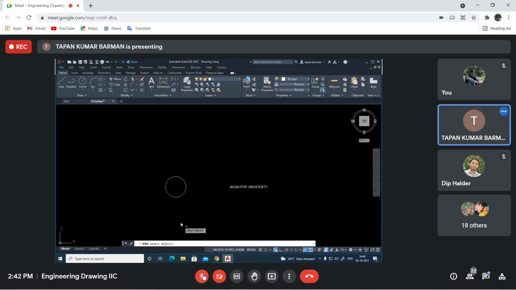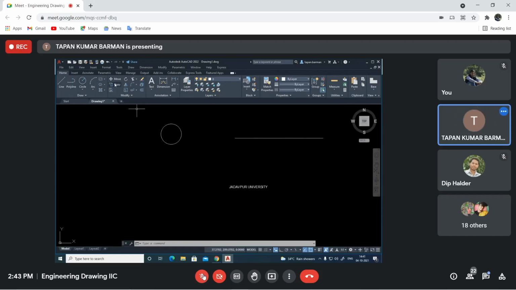Take move, select object, enter, specify base point. Here also the base point is important. Say for example, I have one line here, and I want to place this circle at the end point of this line.